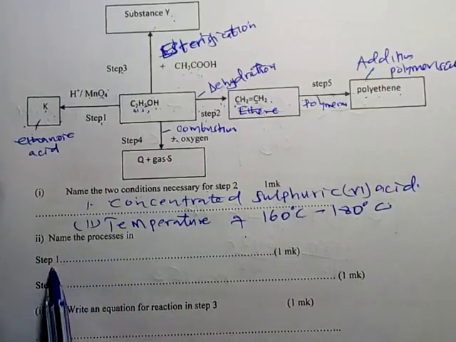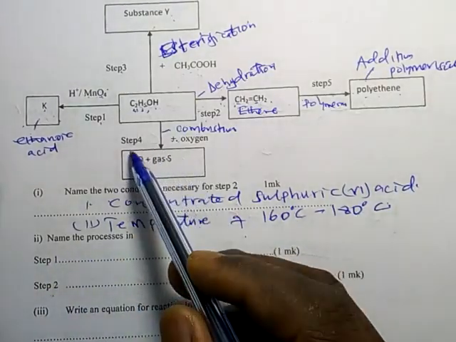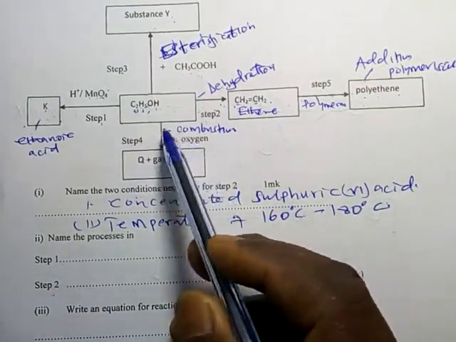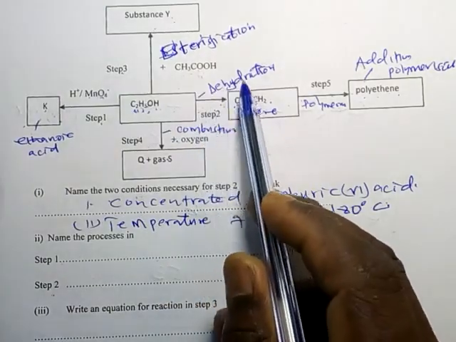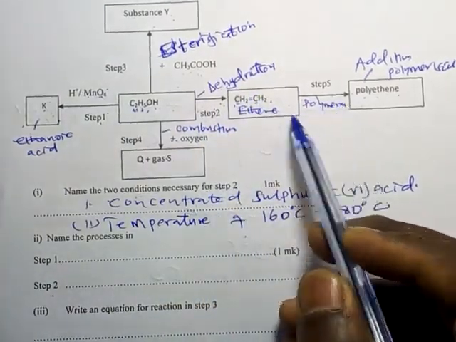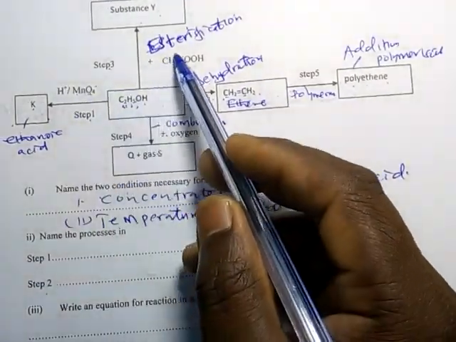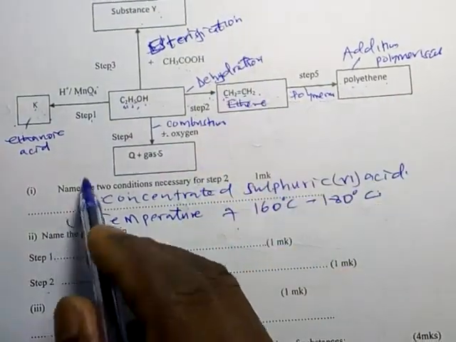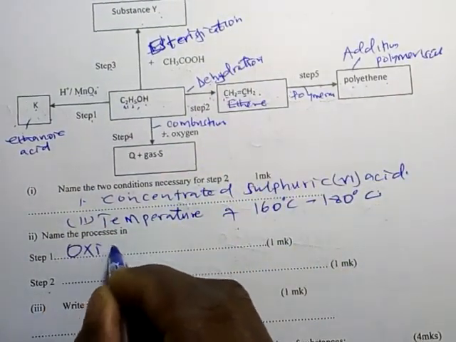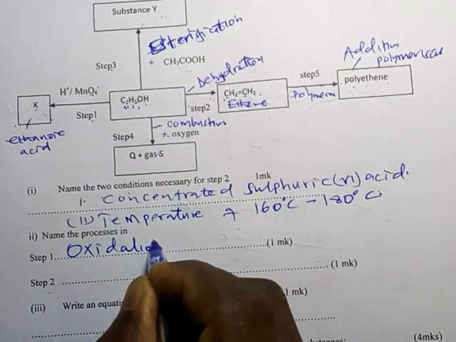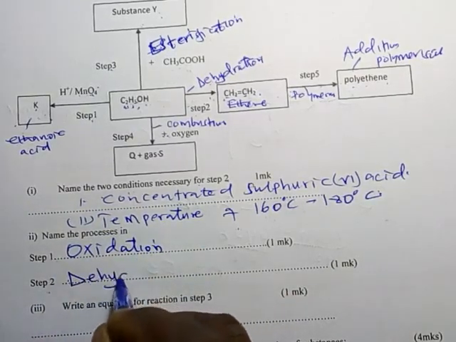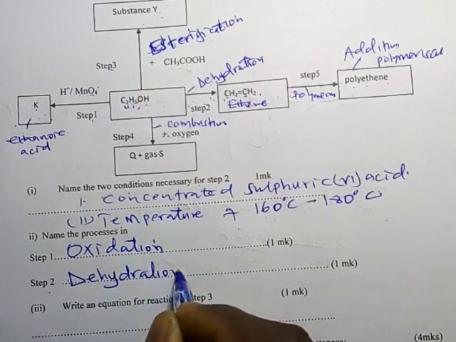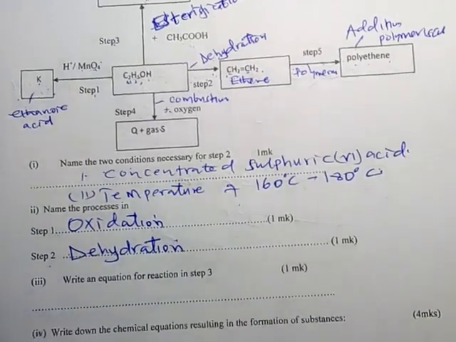Name the process in step 1, step 2. We said step 4 is combustion, step 1 is oxidation, step 2 is dehydration, and step 5 is polymerization. Step 3 is esterification. So therefore step 1 is oxidation, addition of oxygen. Step 2 is dehydration,